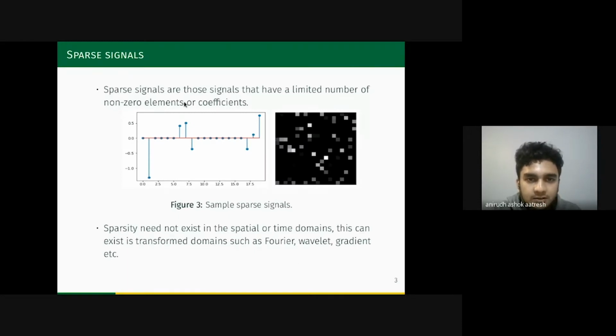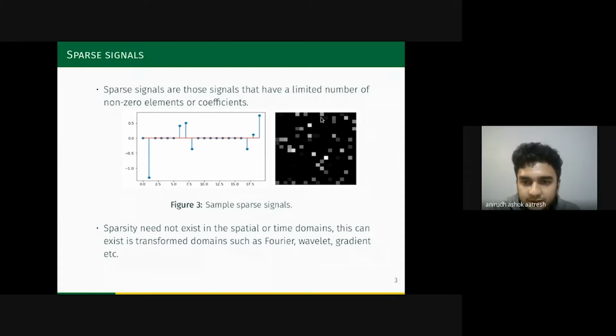Sparse signals are a type of signals whose coefficients mainly consist of zero elements, and there are a few non-zero elements. An example of a sparse signal is shown in Figure 3. On the left, there is a one-dimensional sparse signal where there are many zero coefficients, which are all lying on the red axis here, and a few non-zero coefficients present.